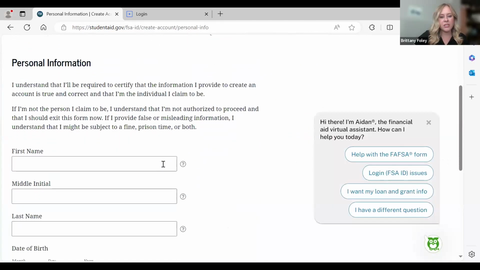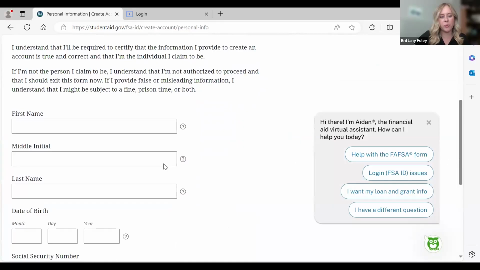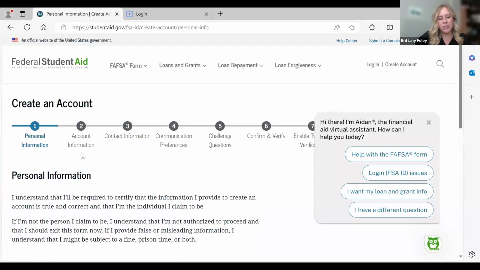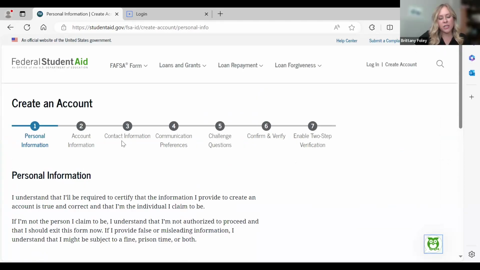Once you're in the Get Started, you're going to start typing in all your personal information, and then you will hit Continue. You'll put in your contact information, your communication preferences, and your challenge questions. You'll confirm and verify, and enable two-step verification means you'll have your phone number and your email listed on there in order to get a code, which after you type in that code, you will be able to log into